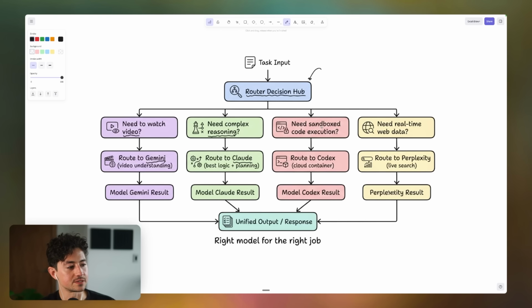If it identifies that we need some form of sandboxed cloud code execution, it'll do that in Codex because they include that built in. And maybe, I just wanted to show you guys what an example would look like if you had something that was outside of the three. If you need real-time web data, it might do that with Perplexity or Perplexity's computer or something. And what happens is, we build it all by parallelizing this big sweep.